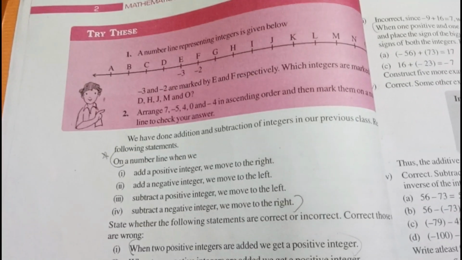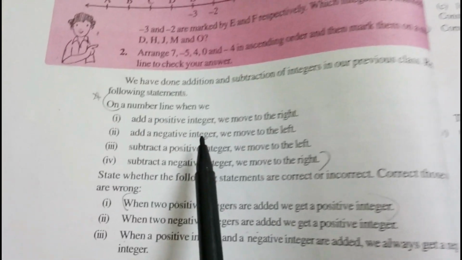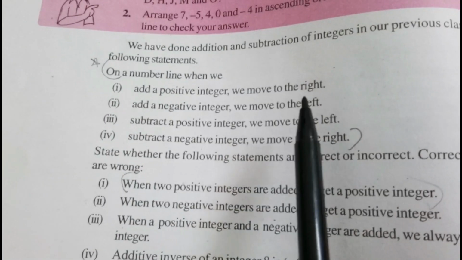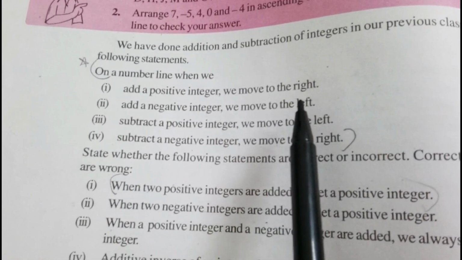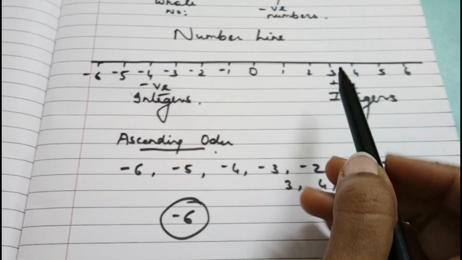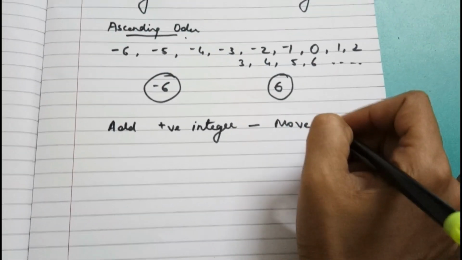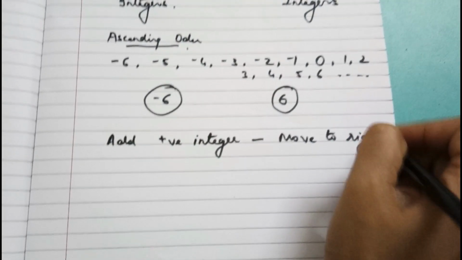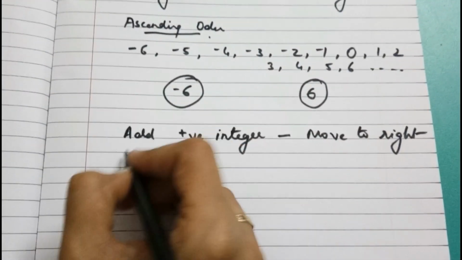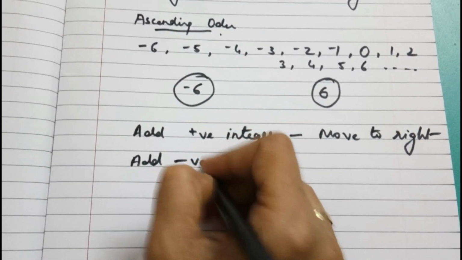On a number line, when we add a positive integer, we move to the right. In the same way, when we add a negative integer,